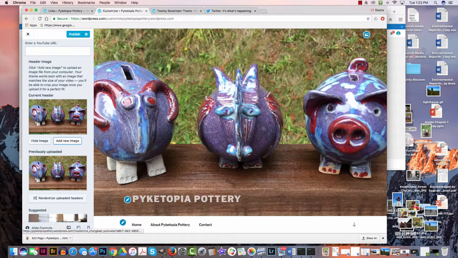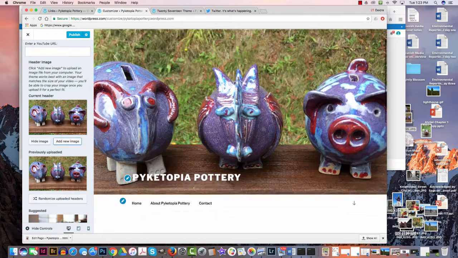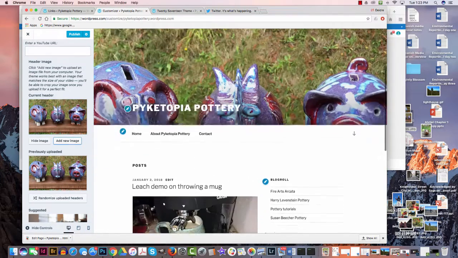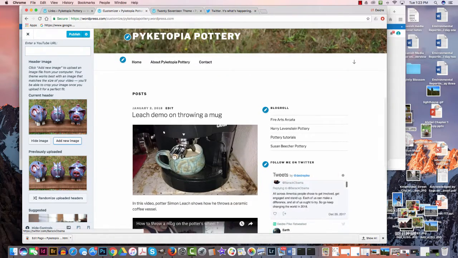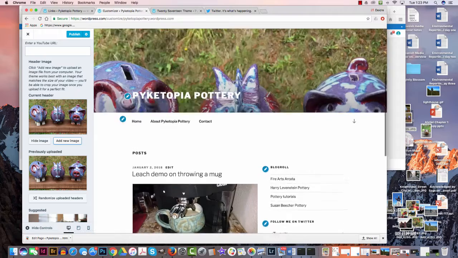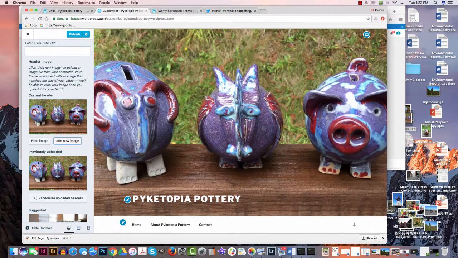The text Pytopia Pottery shows up automatically and it stays put, so no matter how I scroll down, Pytopia Pottery is part of the image, and there's my piggies. Do I like it? I don't know. Let's hit publish to make sure that we keep it, and then let's look at our site on a full